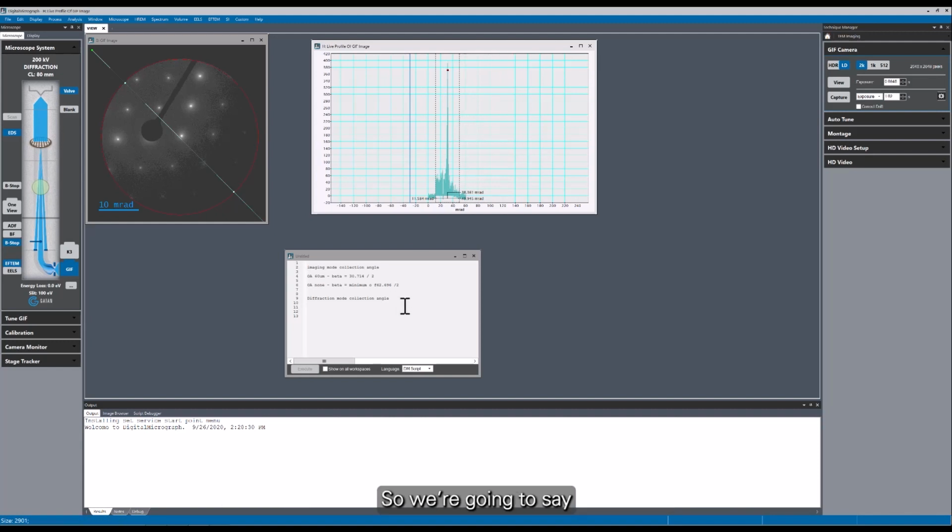So we're going to say 5 millimeter GIF EA 5 millimeter equals 38.361 divided by 2. GIF EA 1 millimeter is